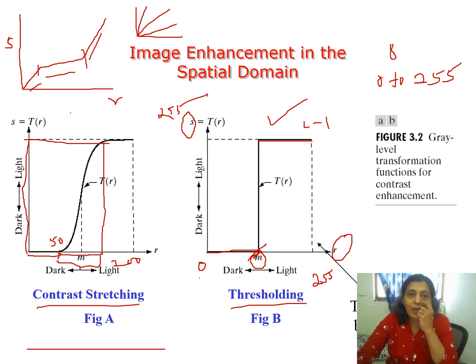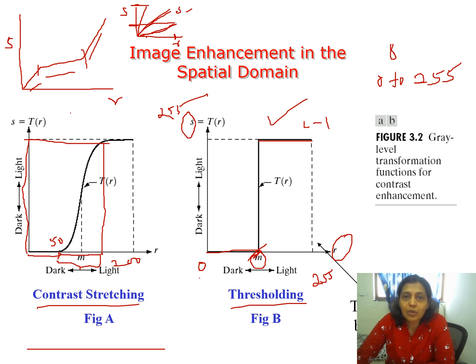So what will happen in linear contrast stretching? This is S again versus R. If the transformation function is like this, what will happen to the output image? See here, the bright pixel is mapped to a darker level, so the image becomes dark. Here the dark pixel is mapped to a bright pixel, so the image becomes bright. What about this? If the slope equals 1, then S will be equal to R, so you will get an identity transformation, that is, the output image will be equal to the input image. This is called linear contrast stretching, and this is piecewise.